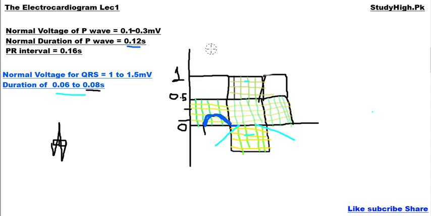So now I am going to draw the normal QRS complex. Here it is. The duration is between 0.06 to 0.08 second. The maximum voltage covered by this is approximately 1 to 1.5 millivolt. Then after the QRS complex, all the ventricular muscles will be in depolarized form. That's why there will be no action potential or deflection by our voltmeter. Zero deflection, because all ventricular muscles are in the depolarized form.